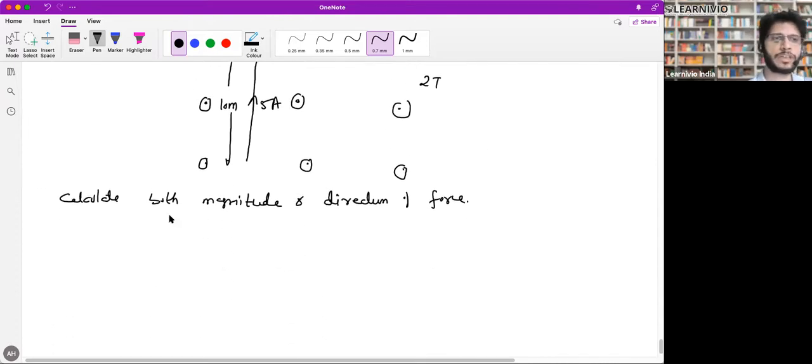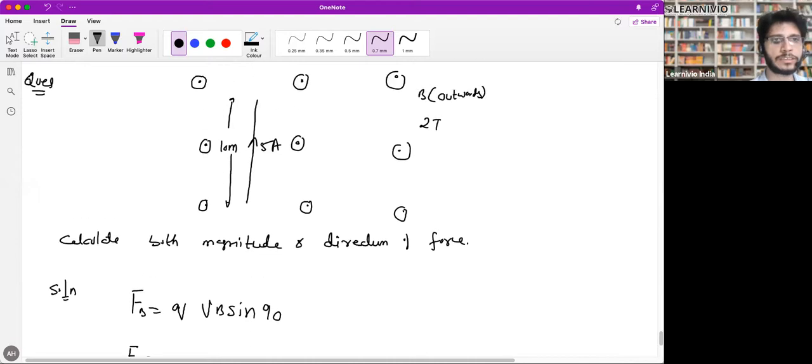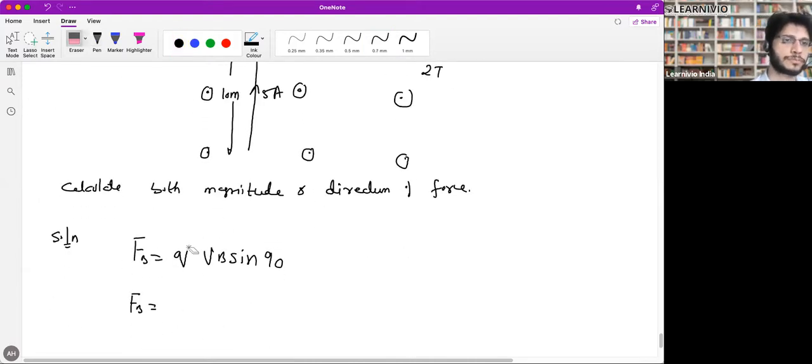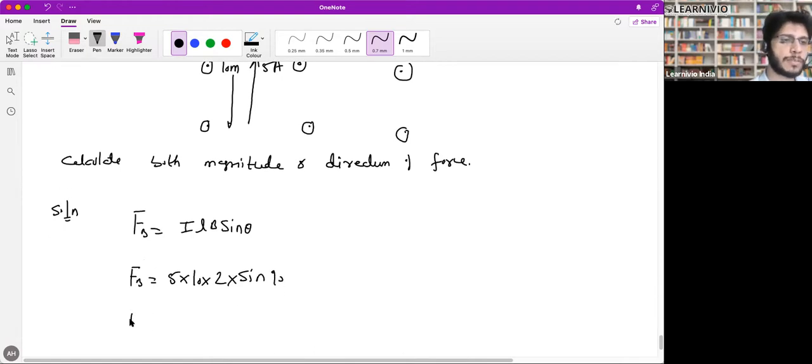Now let's first calculate the magnitude, then we will discuss direction. Force is Q V B sine 90. Charge is not there, so it is I L B. I is 5, L is 10, B is 2, it's sine 90. So magnitude wise, everyone is correct. It's 100. Now for direction,